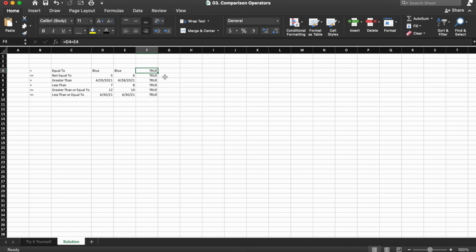So nice job, everyone. You just learned how to use comparison operators in Excel. You will find all sorts of applications for comparison operators, both on their own and in some of our later sessions, where we're going to show you how to use comparison operators as part of larger formulas. To sum everything up, comparison operators are helpful when comparing the values in multiple cells. You can count on this session to help you understand the basics of how comparison operators work, and let's keep taking your spreadsheet knowledge beyond what you thought was possible.